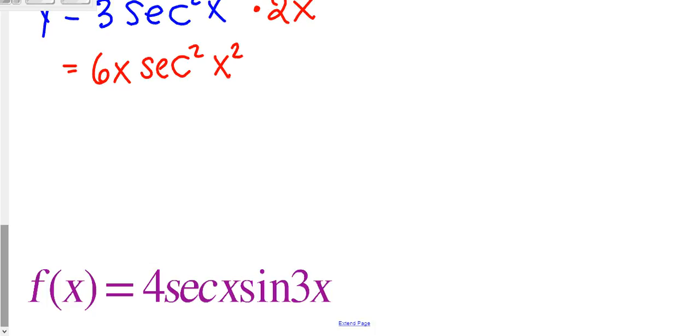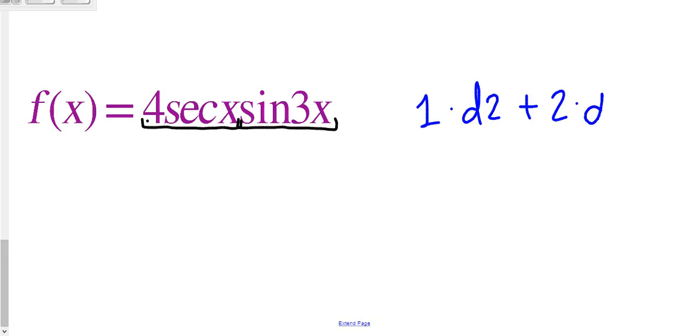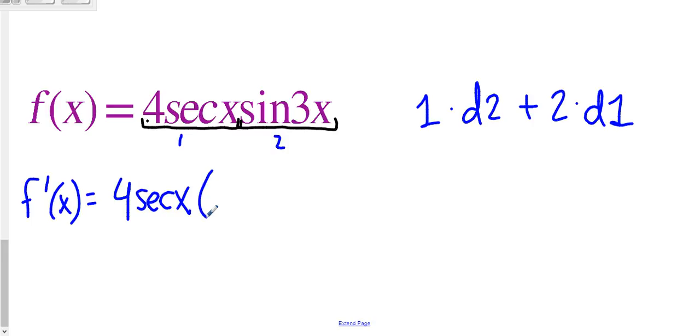Finally, our last example is a product rule. So you have to be careful. We have 4 secant x times sine of 3x. Our product rule is first d second plus second d first. So we write the first to take our derivative. The first is 4 secant x times the derivative of the second. So the derivative of the second is a chain rule because we have 3x on the inside. So we have cosine 3x times 3